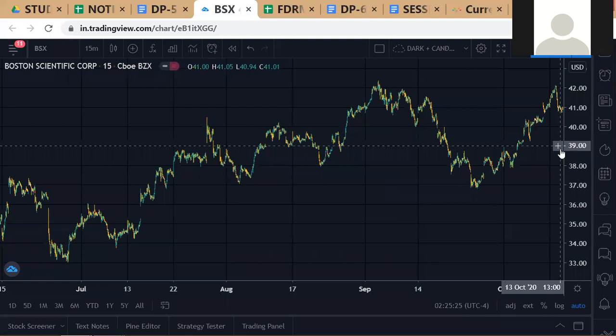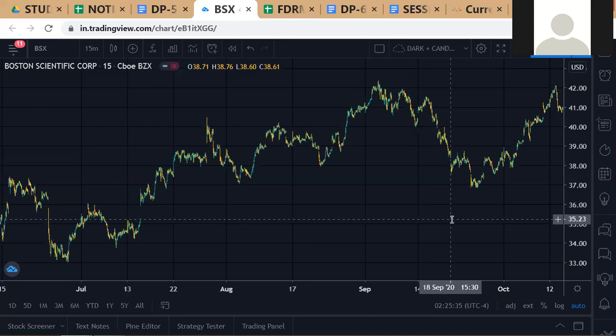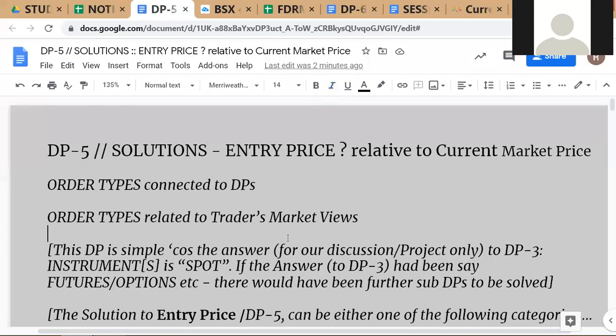So understand also the connection between very sophisticated and complex market views, which are connected to different types of orders. This is something else you should understand. Now, one more thing I would say is that in some of your textbooks, like one that you would have